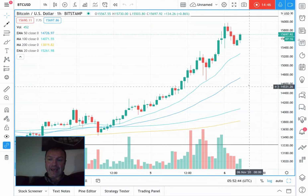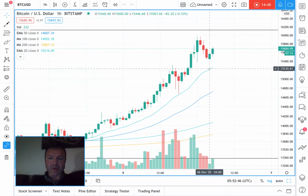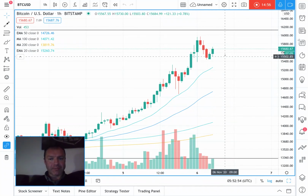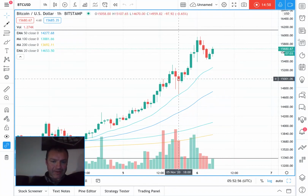And yeah, if Bitcoin comes down and tests this 20 hour moving average and bounces off it, day traders, good time to buy. Because look, it came down here for support, tested it at 6 o'clock last evening, opened at 15,058, and then came down, tested it at 14,670, and went on to close the candle nearly at 15k again,